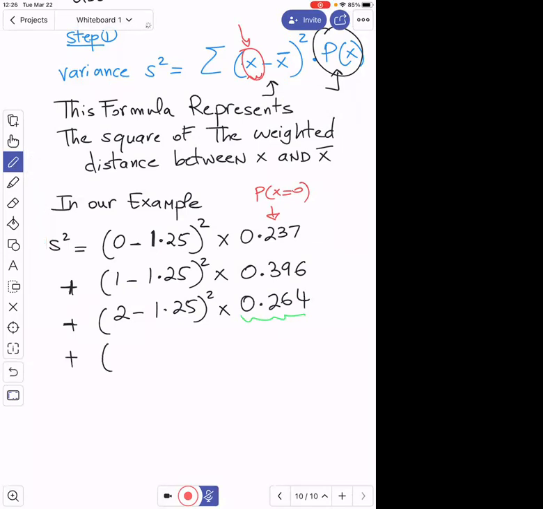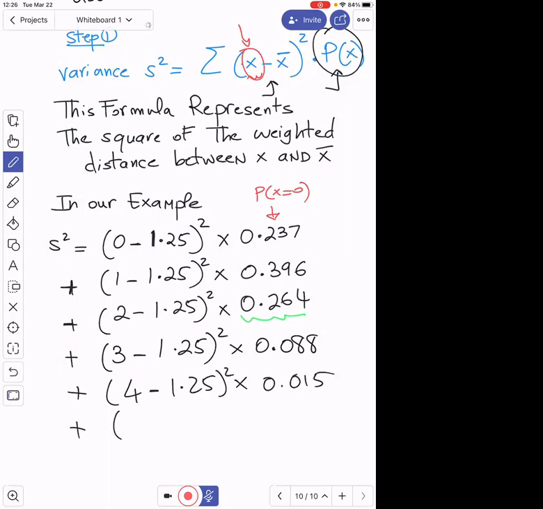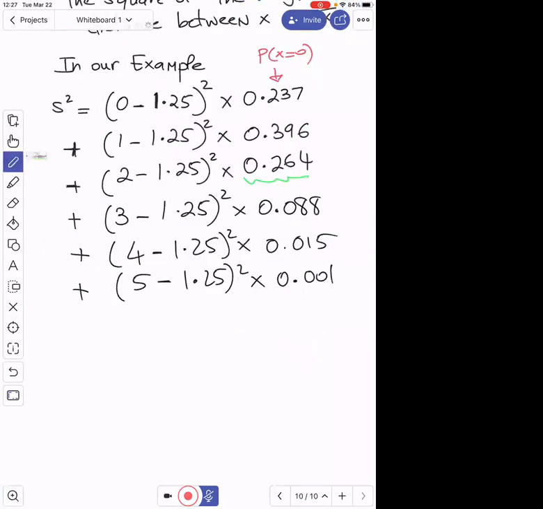Plus the next value of X is 3. So that's 3 minus, again, the same mean, times the probability that X is 3, which is 0.088, plus when X is 4, that's 0.015, and plus when X is 5, that's 0.001. All right, so that will be equal to